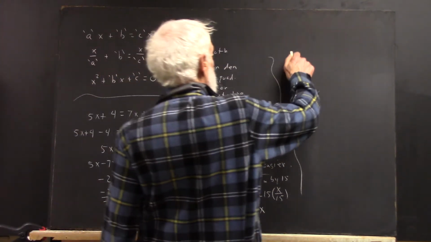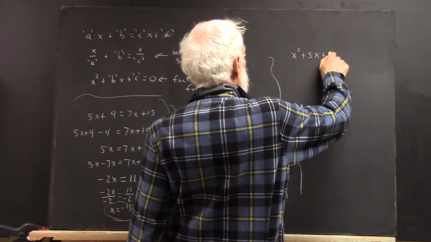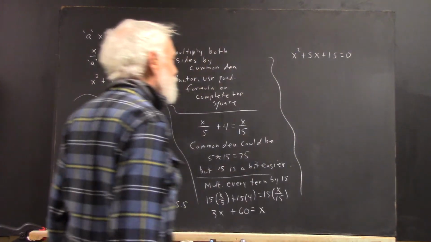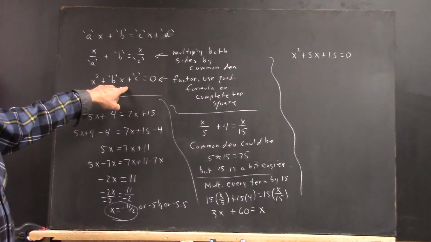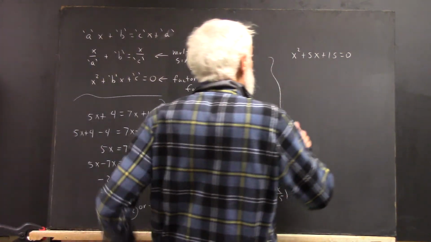Now the other one, the quadratic. Okay, in my case, this would be x squared plus 5x plus 15 equals 0. I should have made that minus, okay? Because then I'd know there was a solution, but I'm going to do it with a plus. Just to remind you. Okay, so